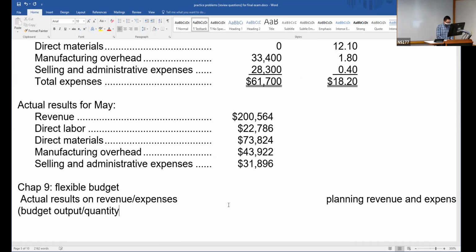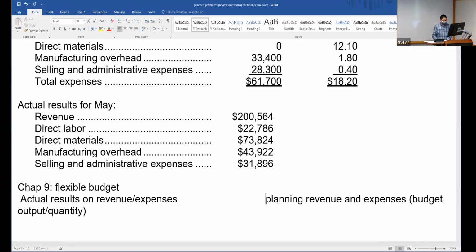Now we want to see if we did a good job controlling costs and getting the profit. However, this kind of analysis is sometimes less meaningful because